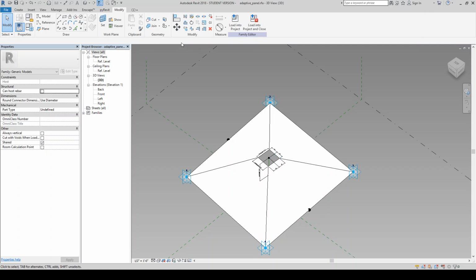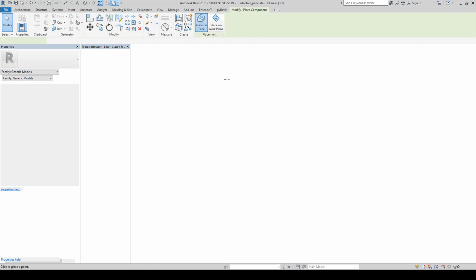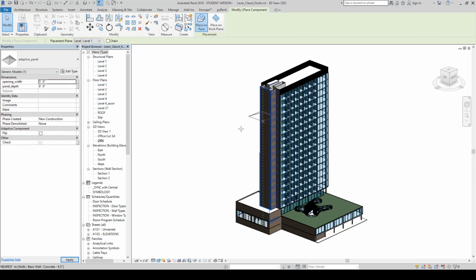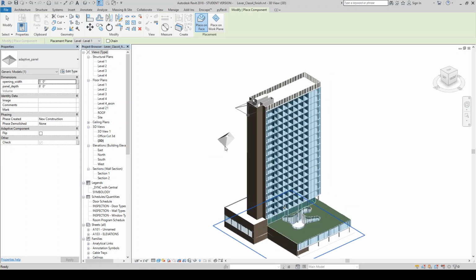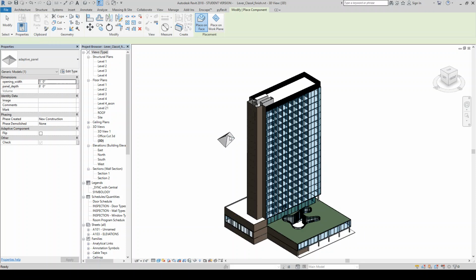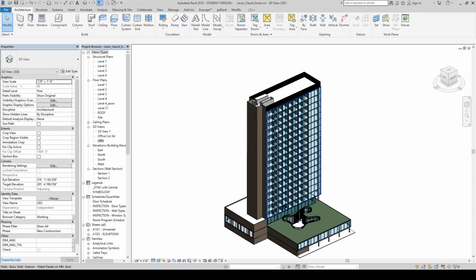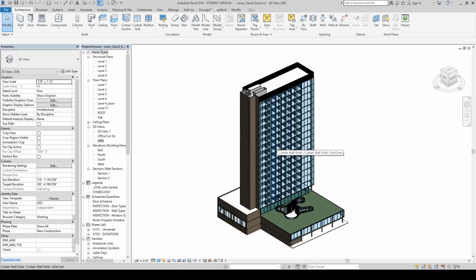Okay. And then I can jump back into my project, and well, let me first load it into the project. And I'll just kind of place it out in space to make sure that it works. All right, so it's roughly working. So I'm going to basically be placing it on this facade. So now the next step is I'm going to show a simple way to export from Revit